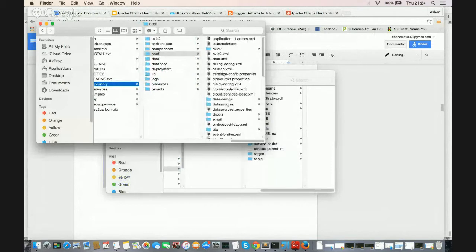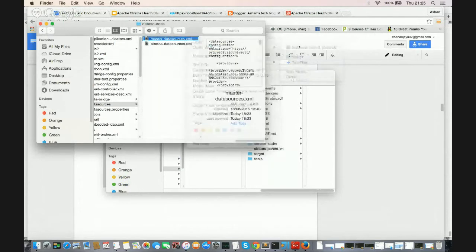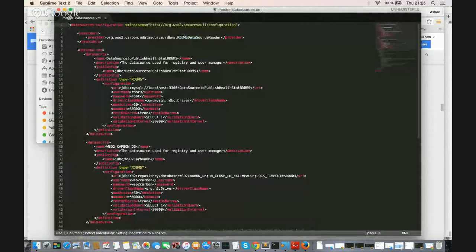You can find the data sources in the repository conf data sources master-datasources.xml file, and paste it there. This is the data source we are using, and then you can configure the URL, my local URL or the instance URL, then give the username and password accordingly,